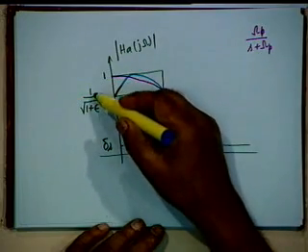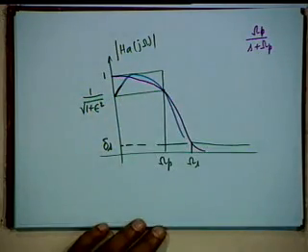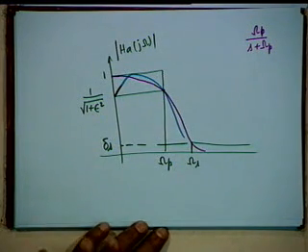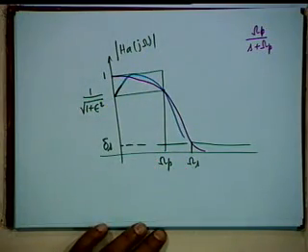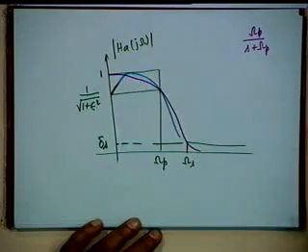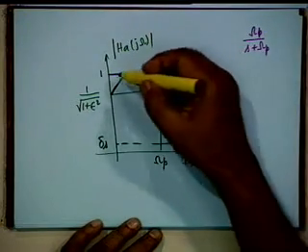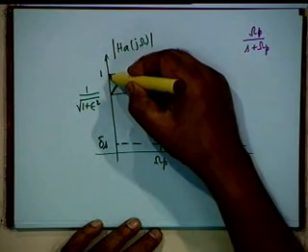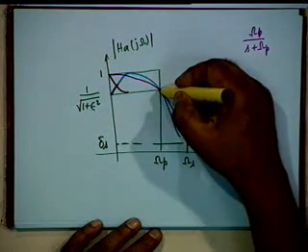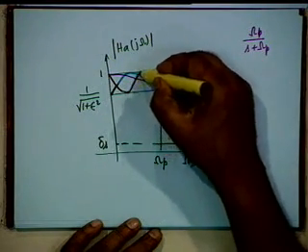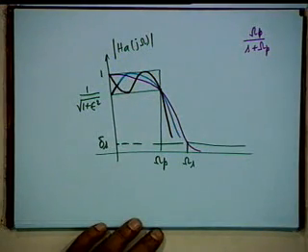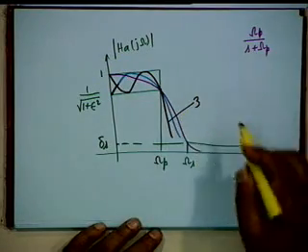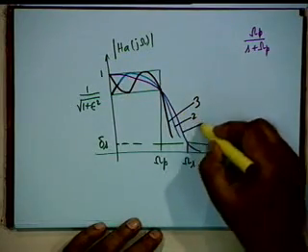In our case, 1 by the square root of 1 plus epsilon squared in the Chebyshev case can be different from 1 by root 2. It is equal to 1 by root 2 when epsilon is equal to 1. Agreed? So, this is N equal to 2. If we have N equal to 3, again odd, therefore it must start from here, go like this. It has to pass through this point, so it must pass through another maximum and so on and go like this. Alright, this is 3, this is 2 and this is 1.